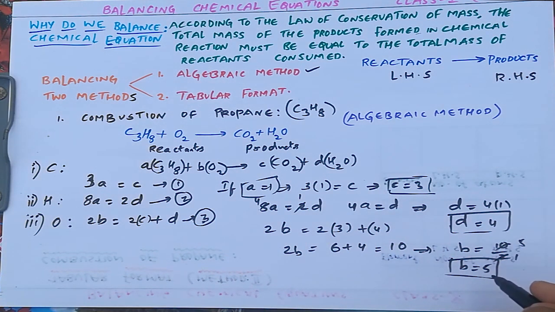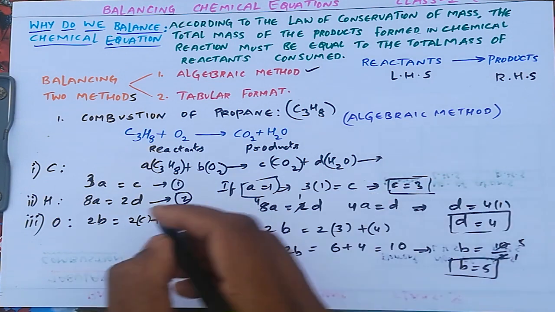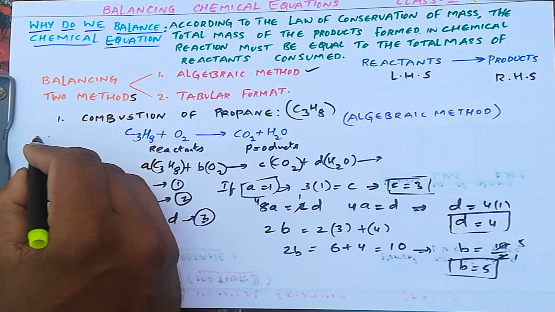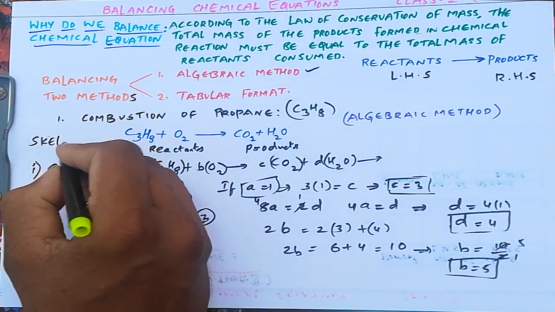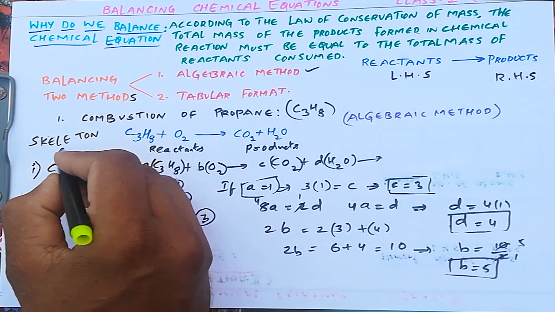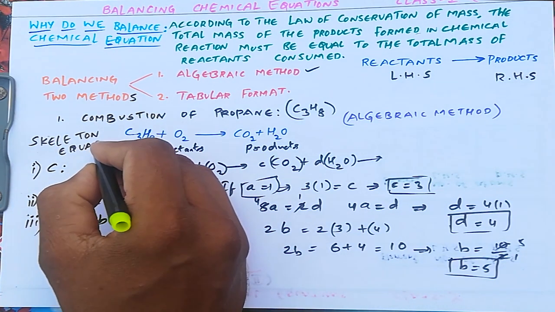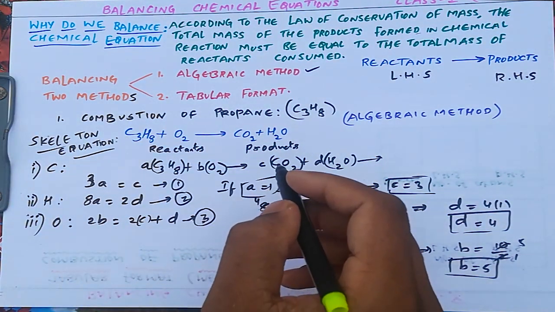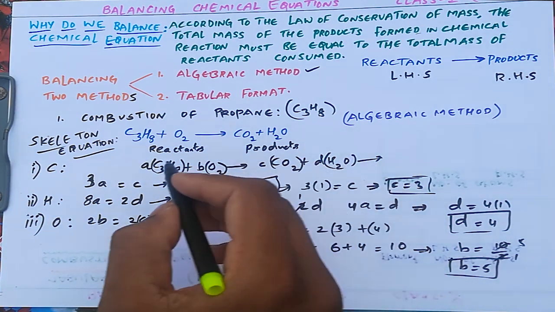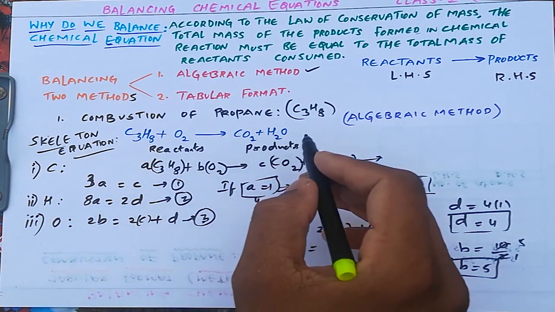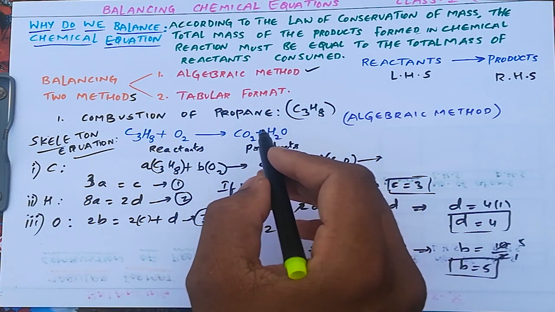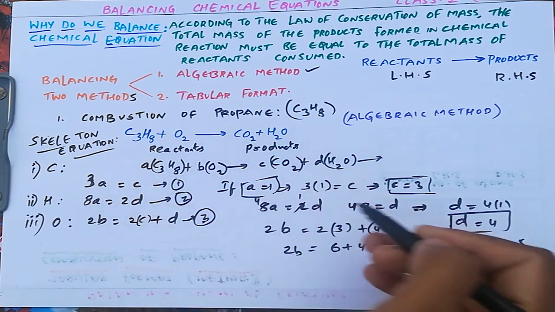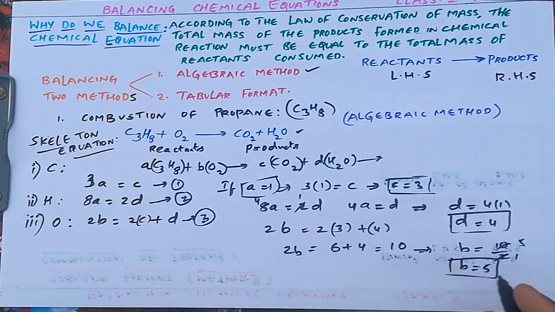Using this, we substitute these values in the equation. And I forgot to say, whatever equation is given to balance is called the skeleton equation. Skeleton equation is nothing but an unbalanced chemical equation. So the question to balance is nothing but the skeleton equation. Sometimes a balanced equation is given to balance, so we need to check first whether it is balanced or not, then we can proceed. So now this is a skeleton equation, so these values we'll put there.